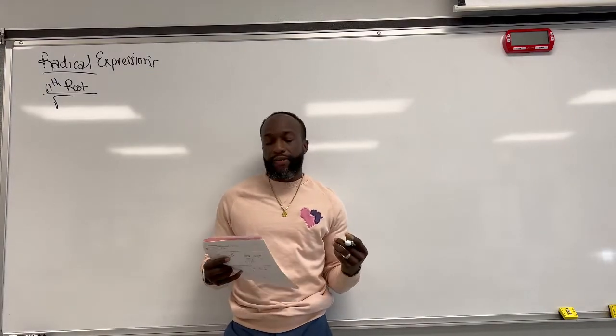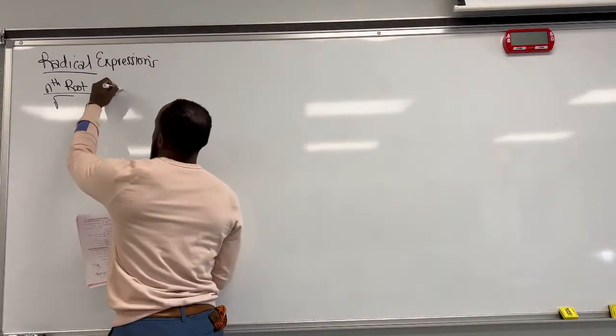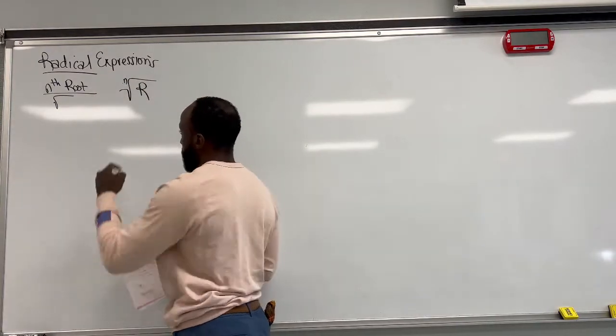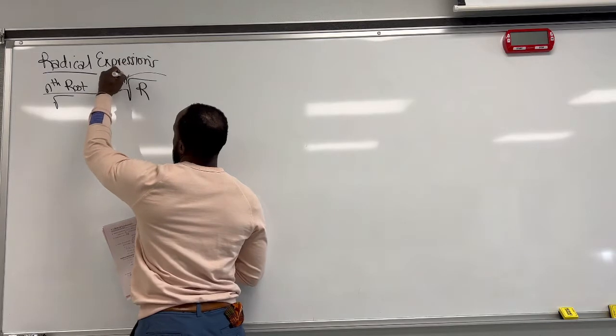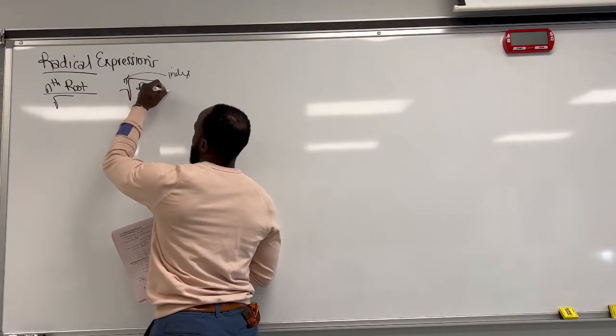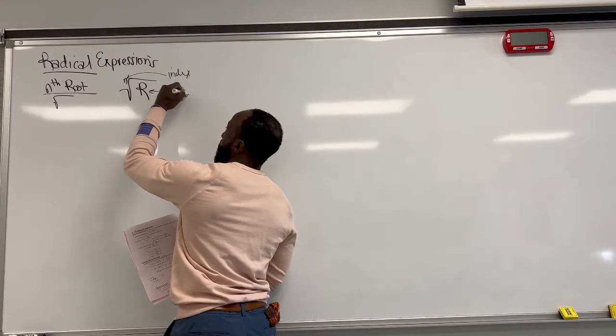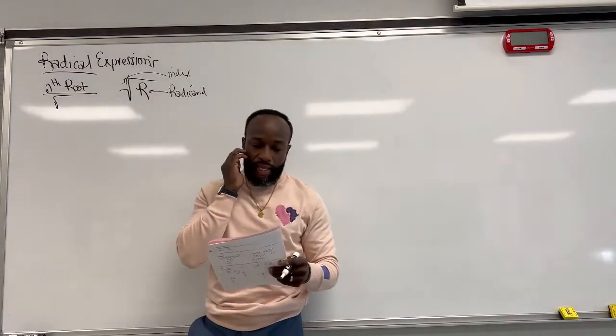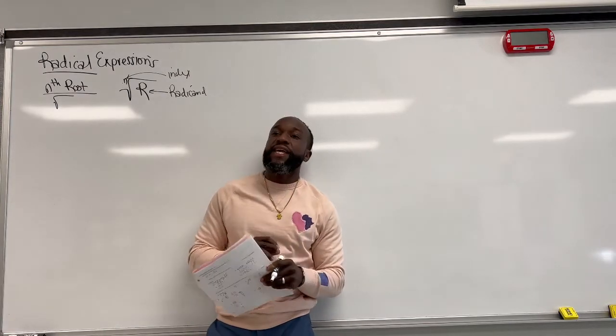The notation for the nth root is this. So you've got the radical sign, n, and the radicand. N represents the index, and this represents the radicand. The nth root